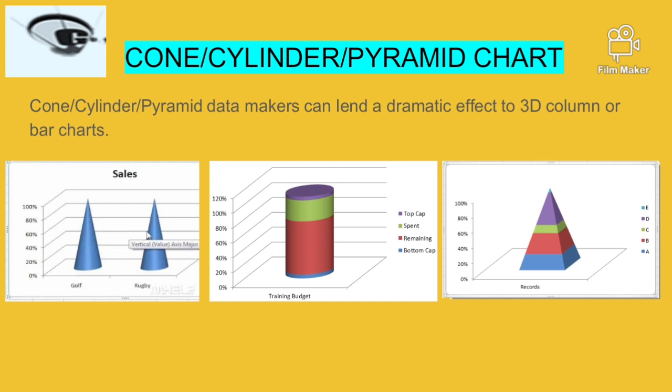The last type of chart category is cone, cylinder, and pyramid charts. These are the 3D versions that are used to represent column or bar charts. These are in the shape of cones, pyramids or cylinders, and they are generally used to depict data in the form of column or bar charts. If a user wants to represent data in a 3D view using a column chart, the user can select any of these chart types, either a 3D pyramid, a 3D cylinder or a 3D cone. That depends on the choice of the user. So this is about the different types of charts.